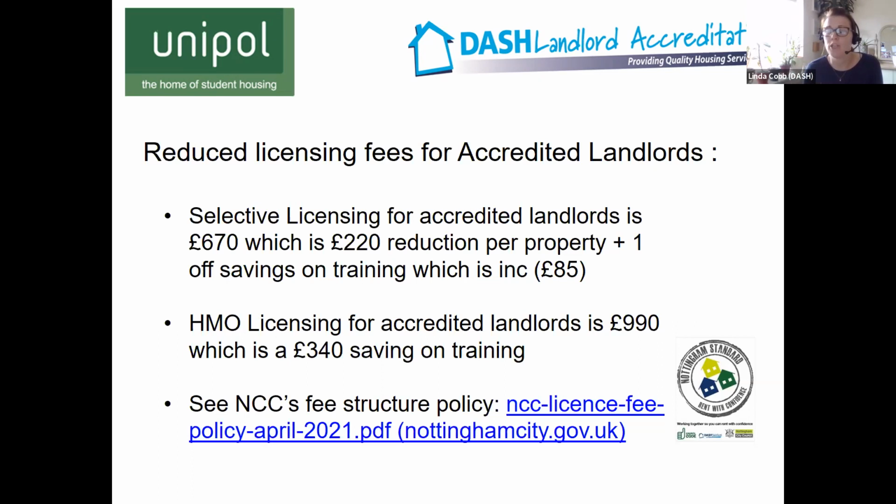So we have landlords ringing in with a problem with this, a problem with that, and students are the same via Unipol. We've also got documents on our website which landlords use. I won't lie, most people do come to us for the reduced fee. But what they do say, when they have got that, is "Oh right, okay, when I needed you, it was really good to have somebody to chat to," and they really do benefit from the inspection element of the accreditation process